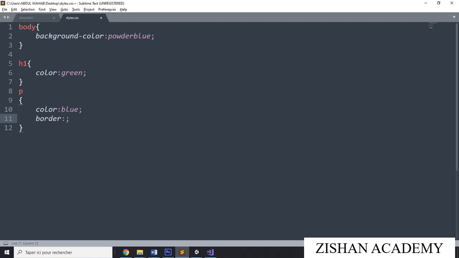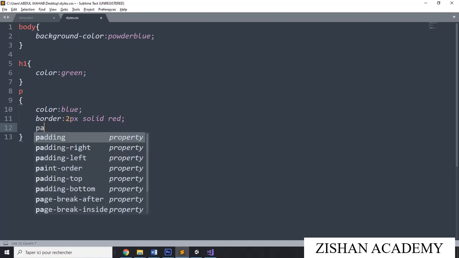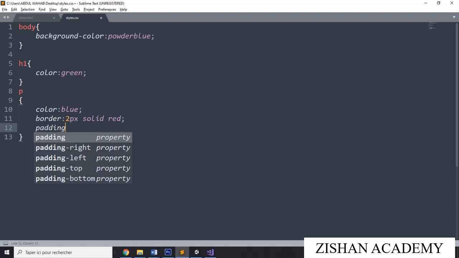I'm giving 2 pixel border, solid line. You can give any color here. Suppose red color I'm giving here for the border. Then padding. I'm giving it here 30 pixels.